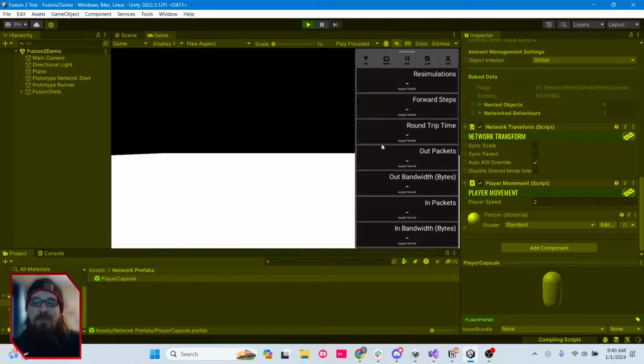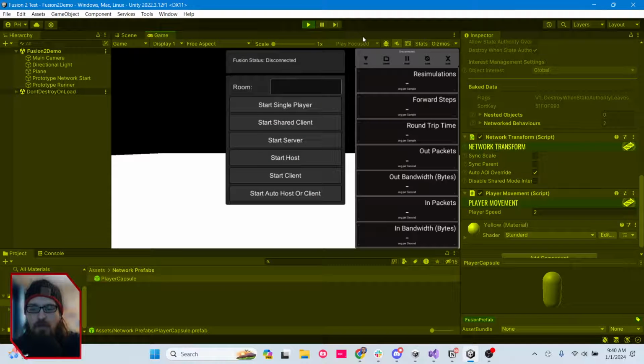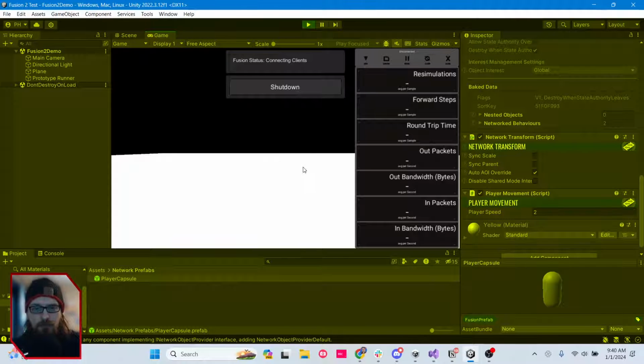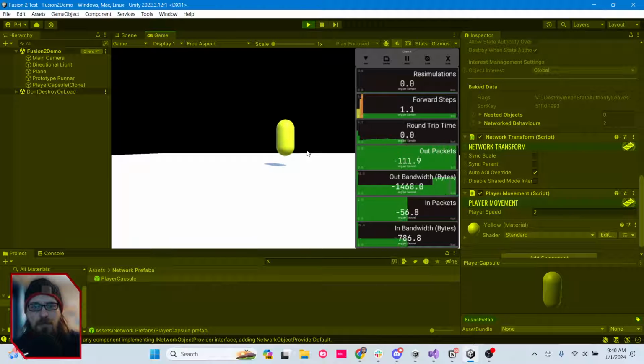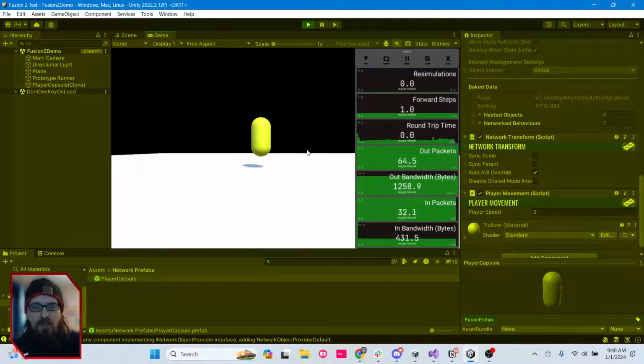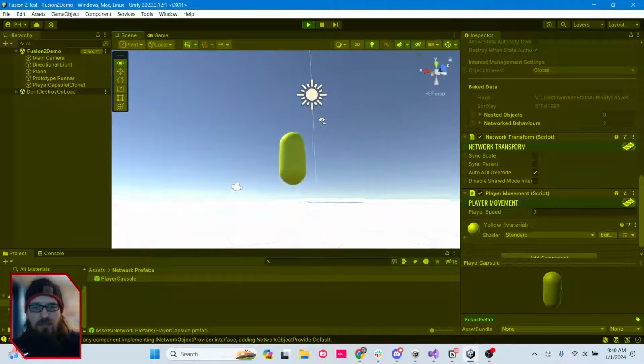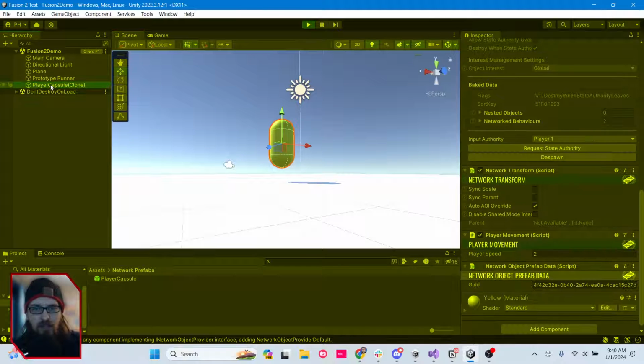and it's going slower because it's still compiling. All right, start shared client. There's our dude, and we are now moving. And the reason we're hovering over the floor like that, if we go look in the scene view, and we look at our capsule,